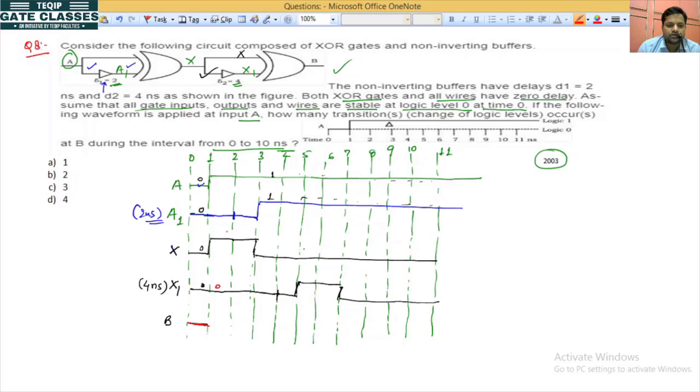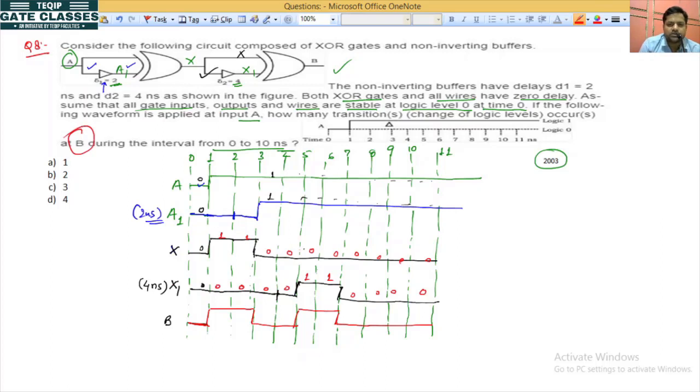Now we have 0 here, 1 here, 0 here, 1 here. So in this case it is 1, because both the inputs are different. Now it is 0 0, so output will be 0, because it is 0, it is 0. Again it is 0 1, 0 1. So what will be the output? Both are different, so it will be 1. Again it is 0 0 0 0 0 0 0 0, and for the rest, since both the inputs are same, output will be 0. Okay, so we produce this B.